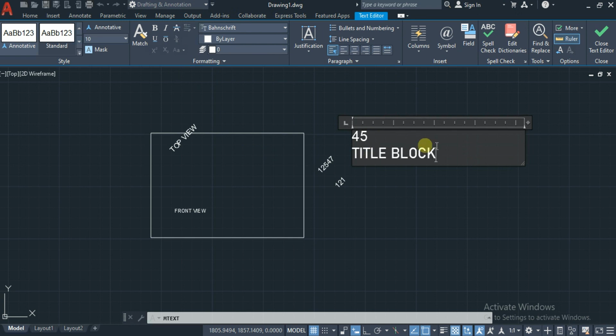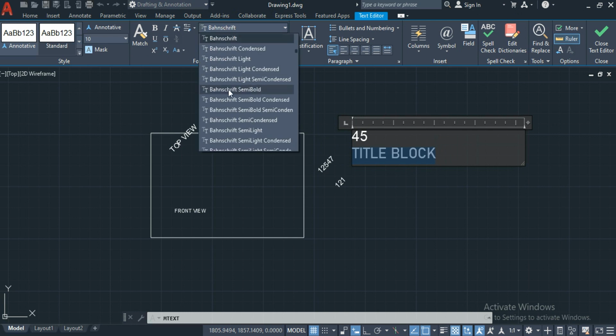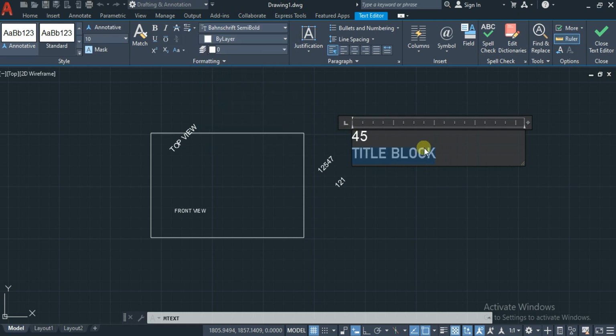If you want to change the format or font of the text, simply highlight it, and whatever font you need, you can use the font option here. If you want to change this title block from upper case to lower case or title case, simply select the change case option, and choose uppercase or lowercase. Whatever you want, you can change it here. And if you want to apply superscript and subscript for the text, if you want to assign any formula etc., simply select it and go for superscript or subscript. If required, you can make use of these options.